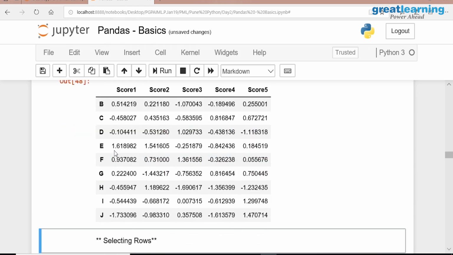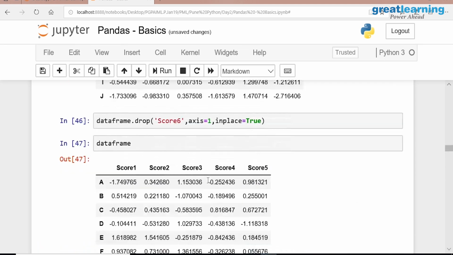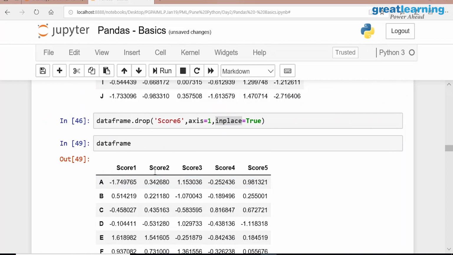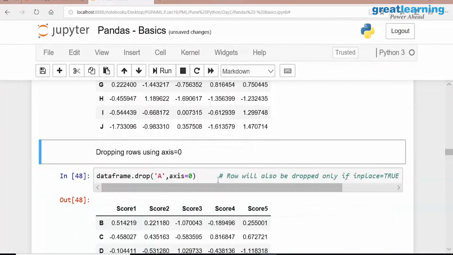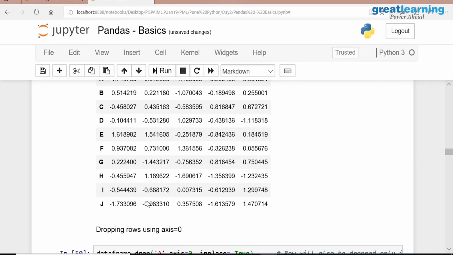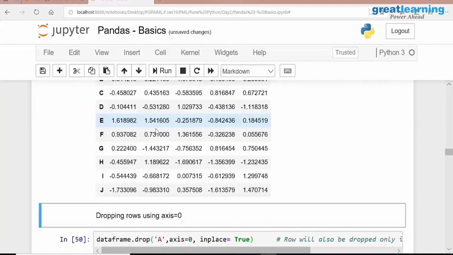You can use inplace equal to true. If you go to the data frame, still A is there. If you want to really replace it, what should I do? Inplace equal to true. Now it will actually delete from the data frame. No, it is not there.